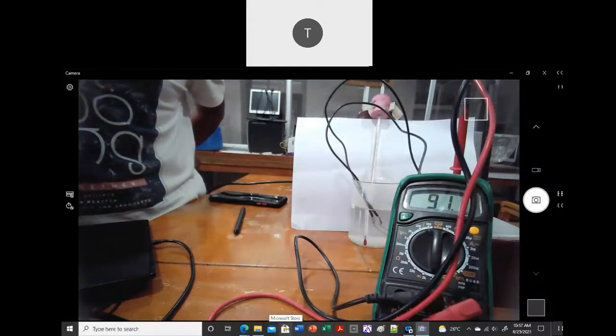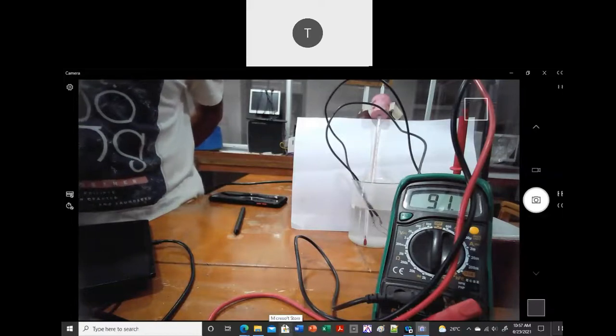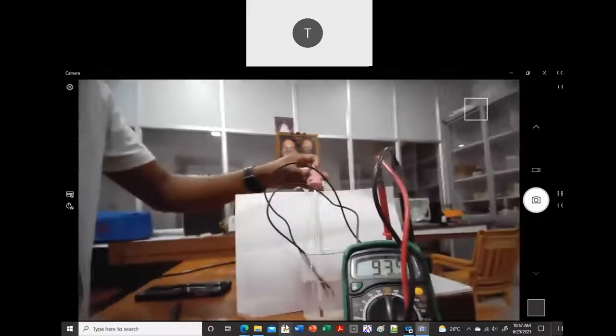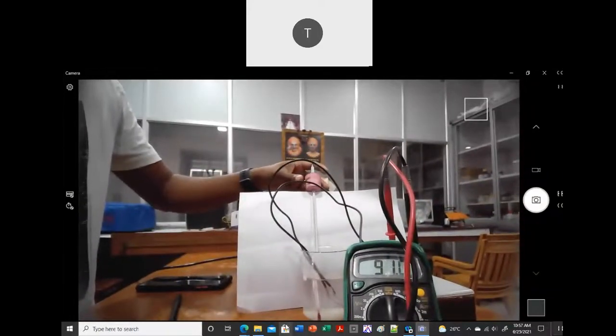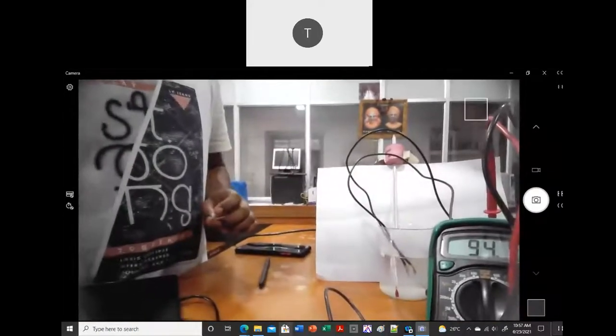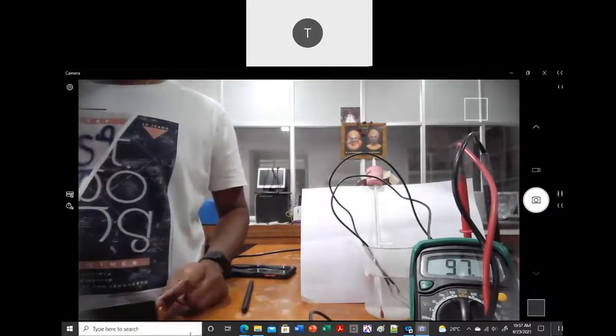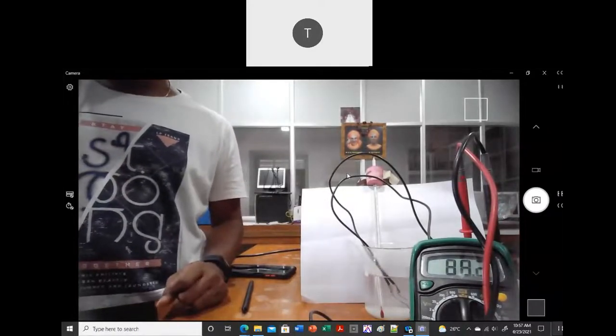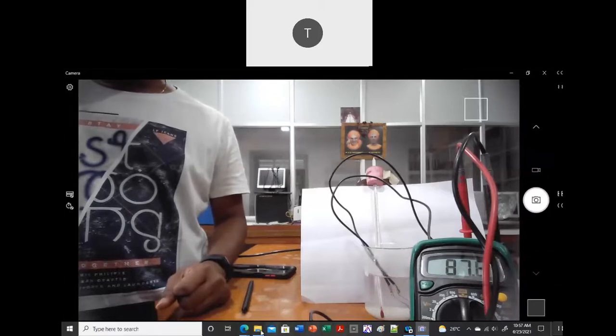So what you are supposed to do, you just keep waiting till the temperature comes down to maybe 40 or 50 degrees. Every 5 degrees. Right now it is at 75. You take one reading at 75, and then one at 70, and then again at 65, like that. You are going to keep on taking the readings.